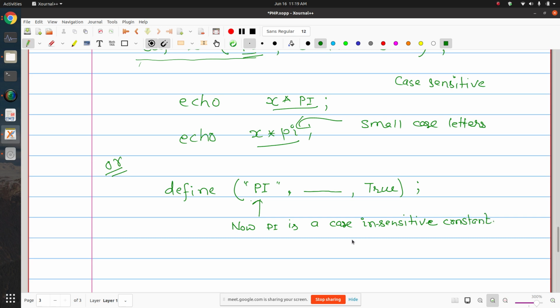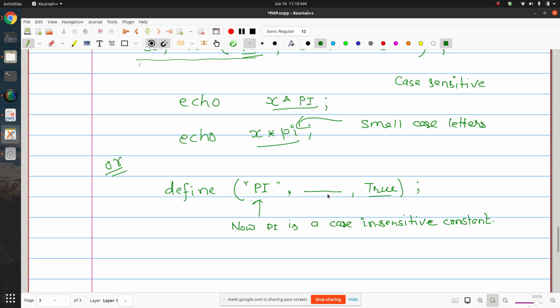Otherwise, if you do not worry about case sensitivity, you can use the previous definition that I have shown. It depends on what you want.